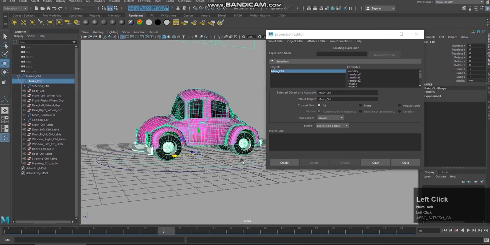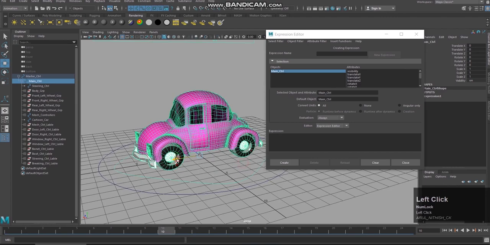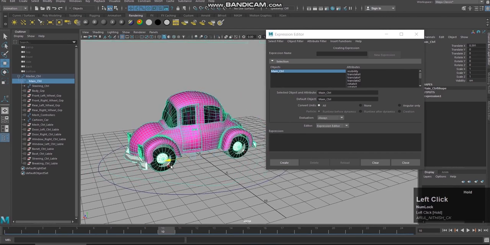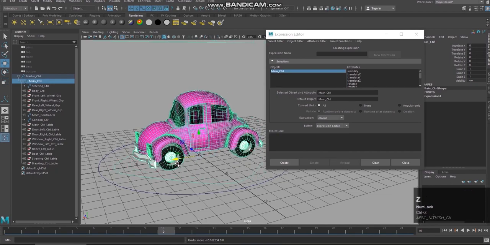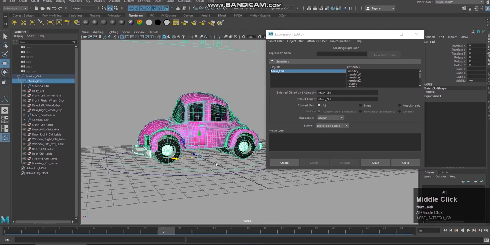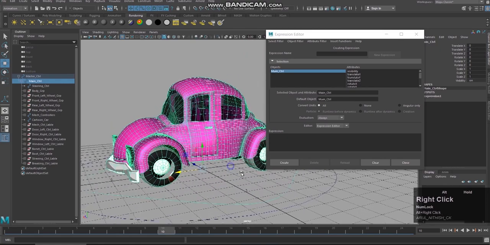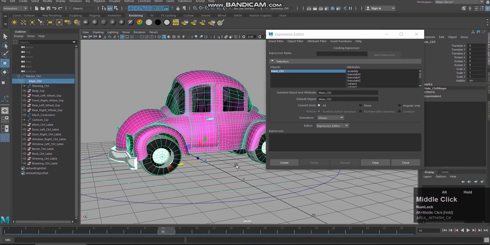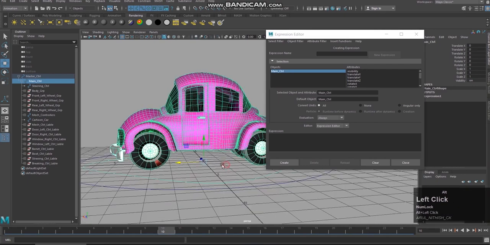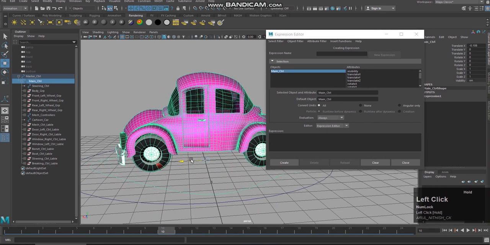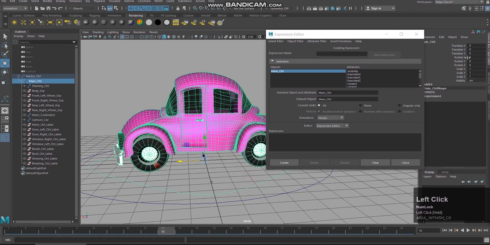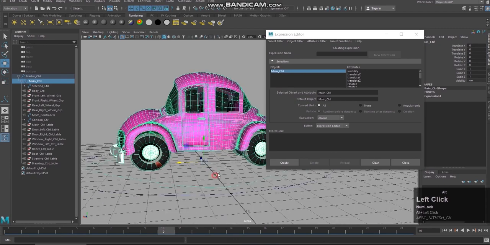Okay, so I'm creating the expression. Now let us check. I have given main control, but still it is not moving because we did not specify the formula for rotation, or what is the number of rotations per minute or number of rotations per movement or per 1 or per 0 point or whatever the value which is occurring. Okay, we did not match the value, so the rotation is not happening.